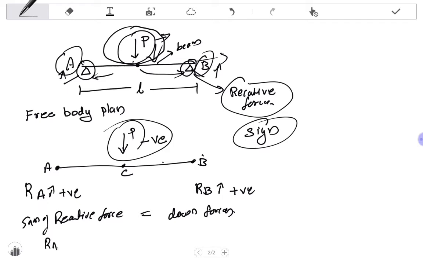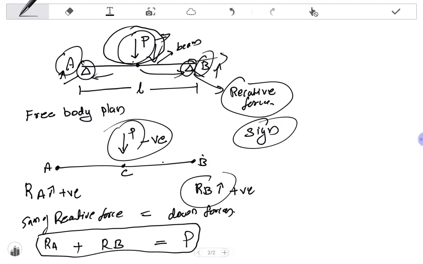RA plus RB is equal to the downward force, which is P. So write it as P. This is the basic principle